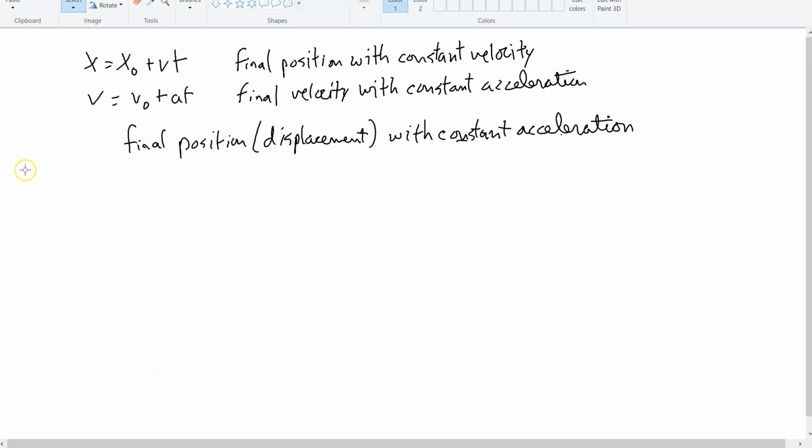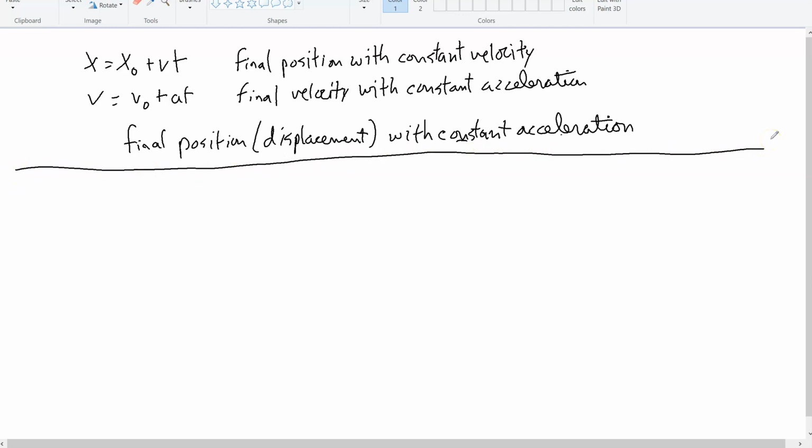Okay, so we're going to work on a third formula here, and the part above this line I don't need you to put down on your worksheet. What I need you to put down on your worksheet is going to be below this. But I just want to remind us that we have two formulas that we've created so far: a final position